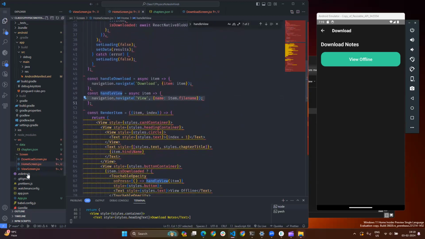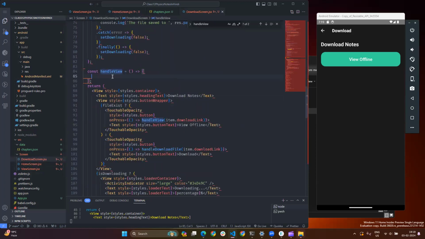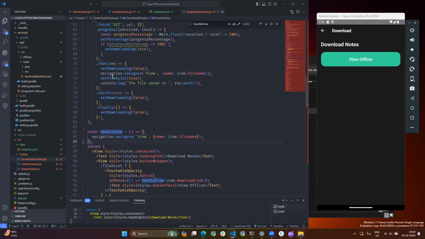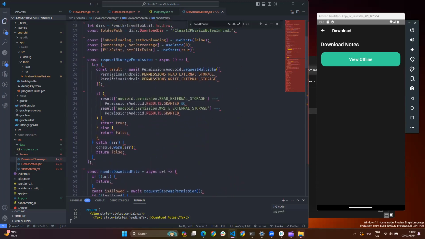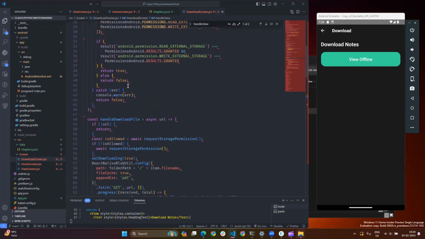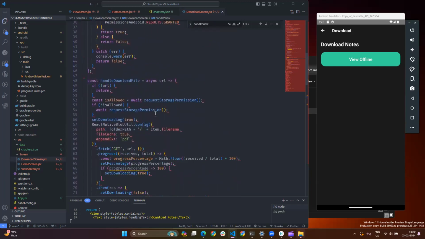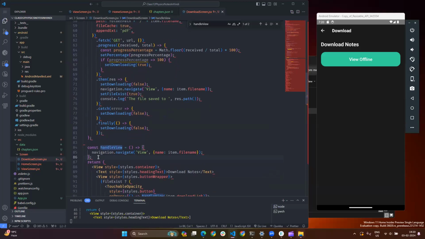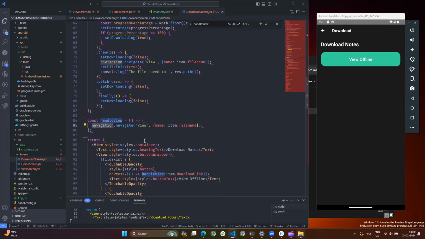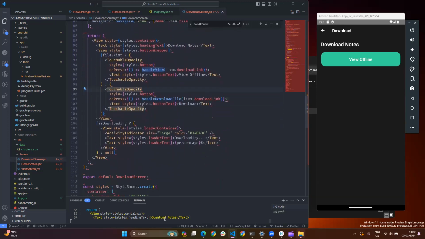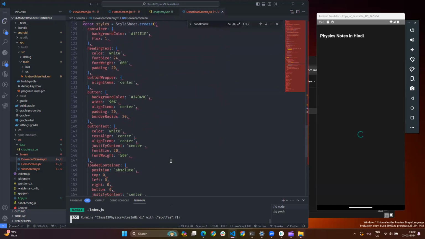Basically, if we navigate that to the view screen, I download file A. And do we have item? Yeah, we have item on the top. So handle view will navigate to that file. Now, if I reload this page and